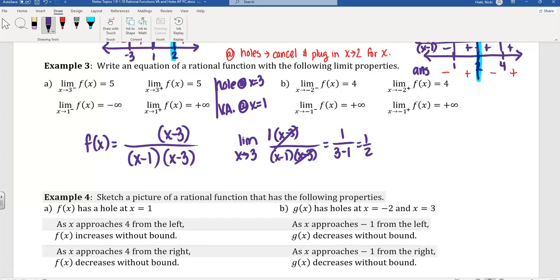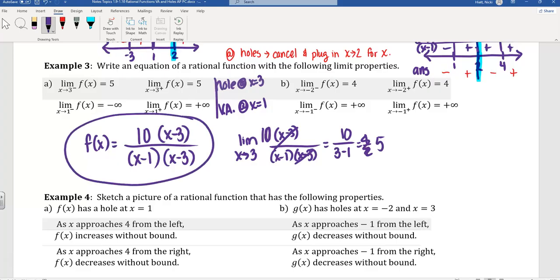But what am I supposed to get? Supposed to get 5 right here. So the way I can fix this is I can put a 10 right here. Because if there was a 10 in front of this, instead of just a 1, then x minus 3's would cancel. I'd plug in 3. I'd have 10 over 3 minus 1. And 10 over 3 minus 1 would give me 5. So this is a possibility. There's some other things you could do, but this will be maybe the most simple one that you could do. And we're going to be out of time for sketching a picture there, but hopefully